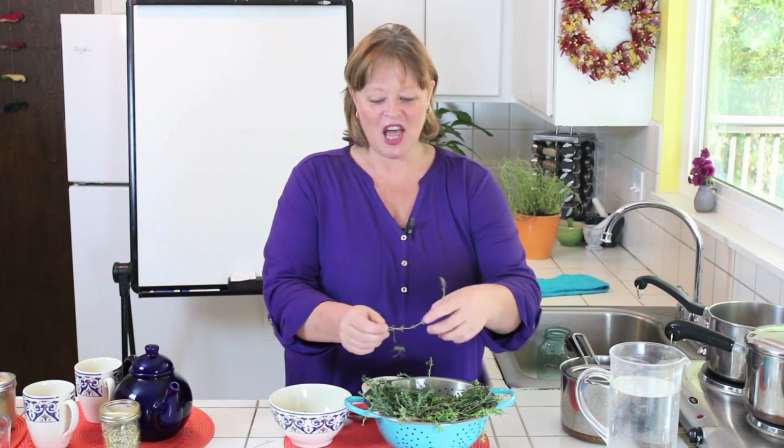It kills germs in the mouth and the lungs. And it's great for easing lung conditions and congestion. And we're going to make a simple thyme tea. Thyme is also high in rosmarinic acid. It facilitates the healing of the bronchial inflammation, and it's traditionally used to treat spasmodic coughs, bronchitis, excess phlegm, cough